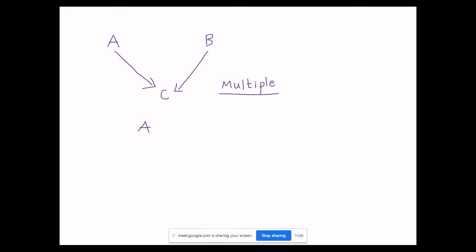Moving on to the next type. Say there is a class A and there are a few more classes, say B, C and D. B wants to inherit from A, C also expects the same, D also desires to be the derived class of A. So in this scenario, there is only one base class, whereas there are more than one derived classes, and this is called hierarchical inheritance.